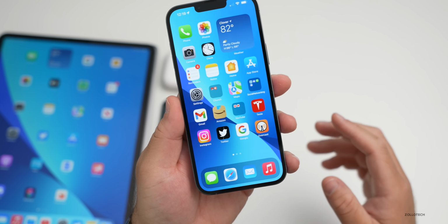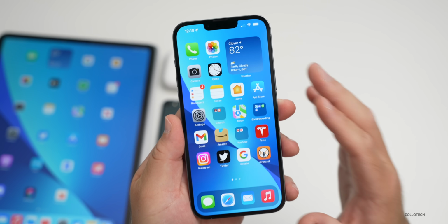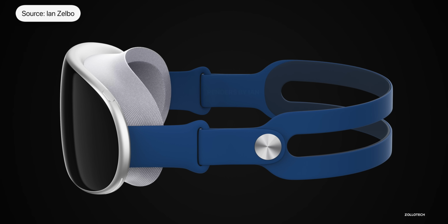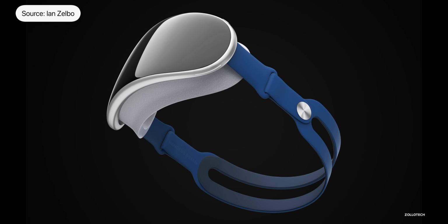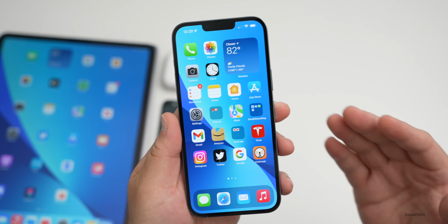And then, of course, if you haven't heard already, the new Apple AR VR headset is expected maybe to be shown at WWDC, although no one seems to know for sure. But RealityOS is the name of the operating system on that. We know that from different things that have been found online, but the big question is whether or not they'll show it there. And there's a chance they'll show it, but it's not expected to release until late this year